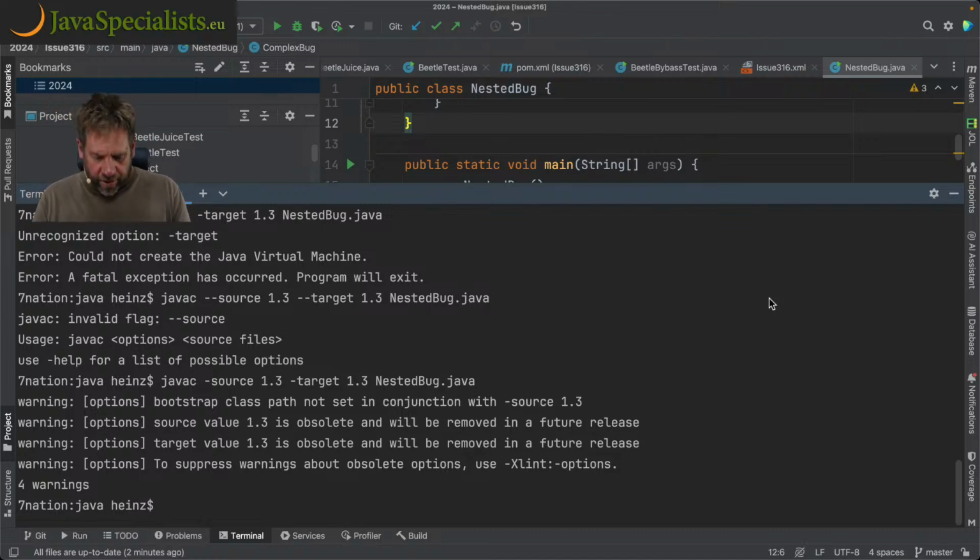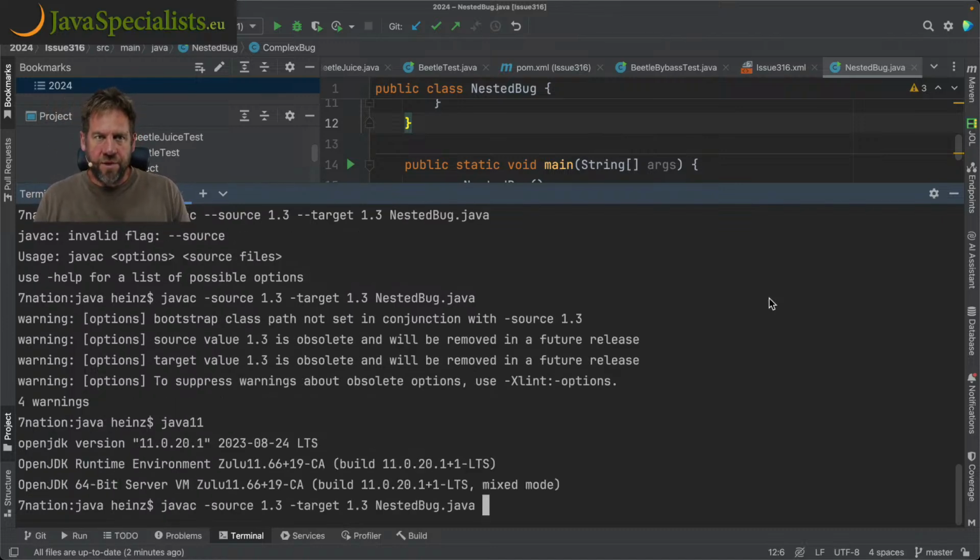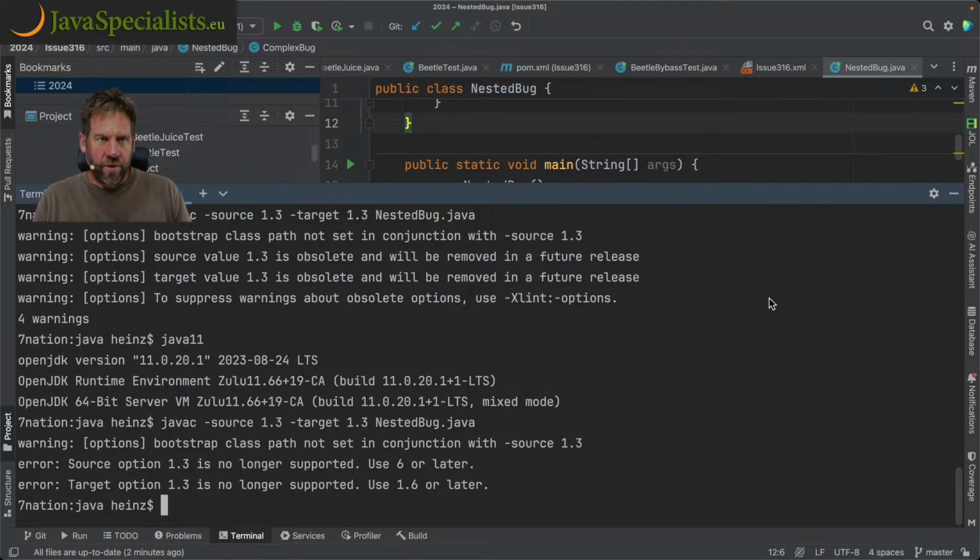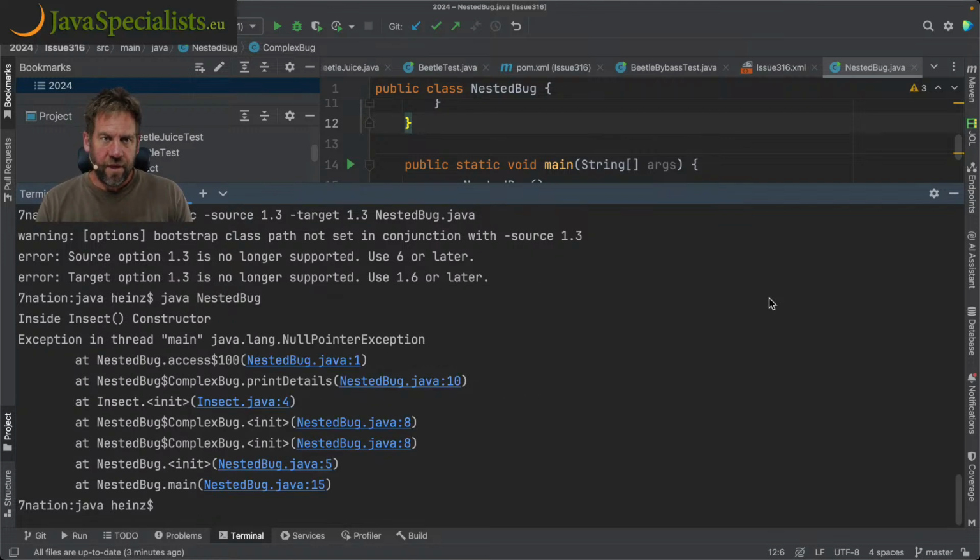Java 9 won't do that. So Java 11 won't allow you to compile with Java 1.3. It's an error, but Java 1.8 still allows you to compile with the 1.3 source and target option. All right. So if I now say java NestedBug, and I'm actually running this in Java 11, you see this null pointer exception because the bytecode has been written not